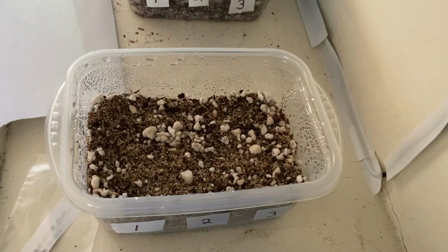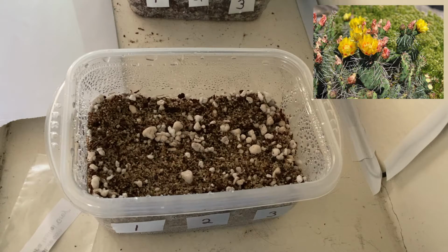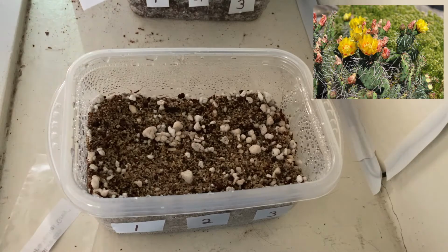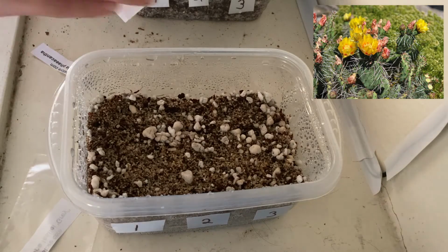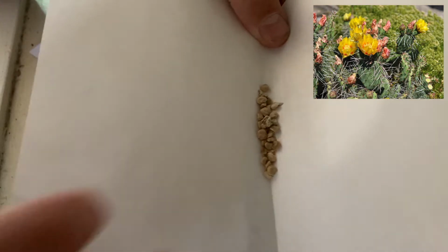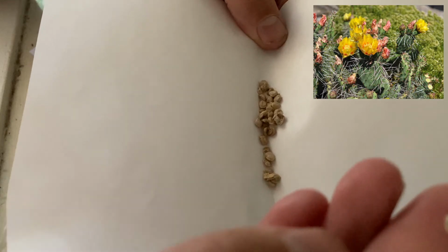All right, so here we are with Opuntia phaeacantha. These are prickly pears, are their common name. They have green pads and typically yellow flowers. And finally, we are in big seed territory. I would estimate these guys are probably like 10 to 15 times bigger than the Mammillaria and the lithops we were just doing, which is quite nice to work with. There's a close-up for you, so you can see. Light looking,